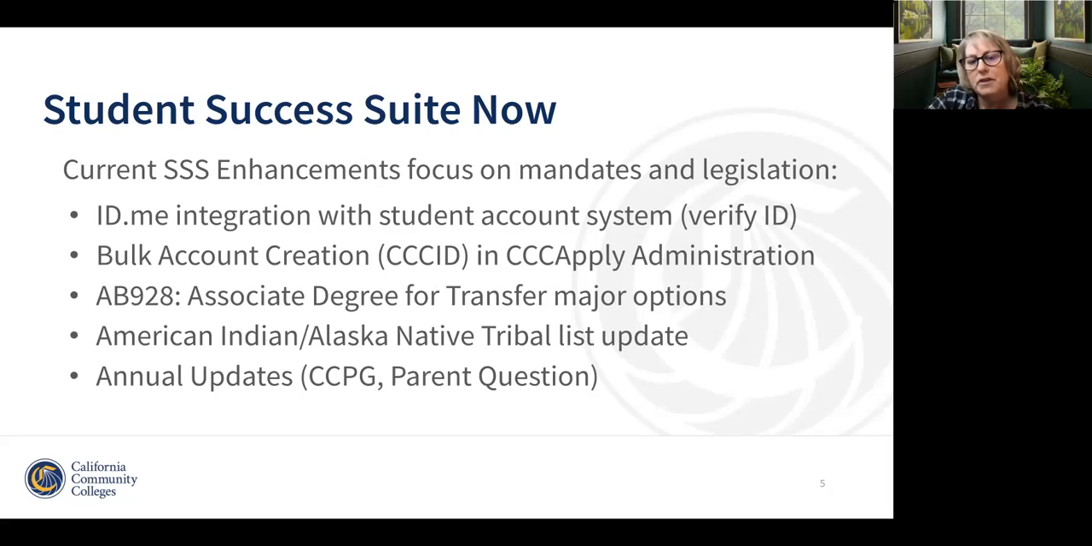So that's going to expand that to about 576, I believe. That'll be coming out also in the spring. Annual updates we do every year. For those of you who use the online CCPG application, we of course have a new version of that